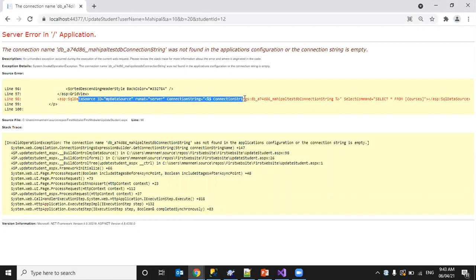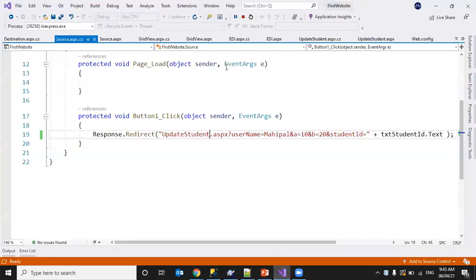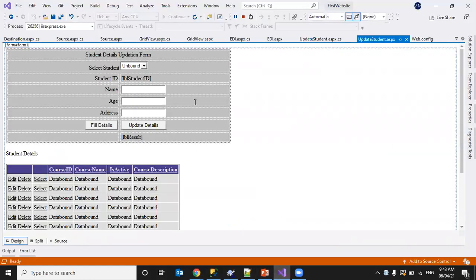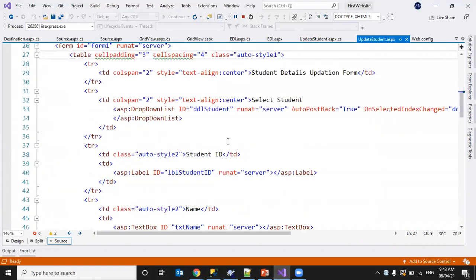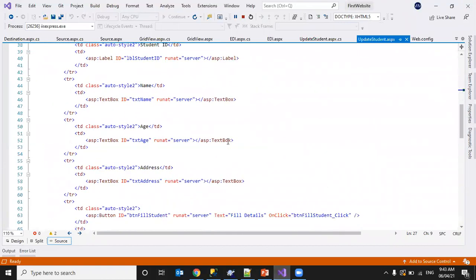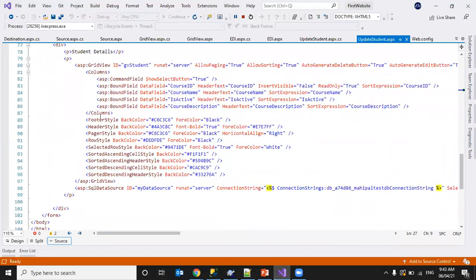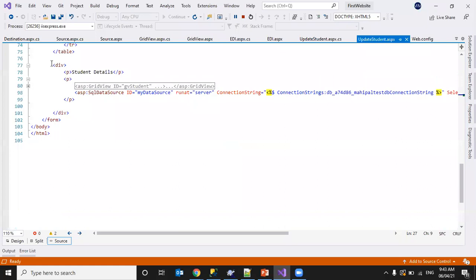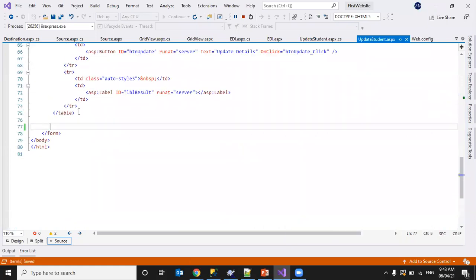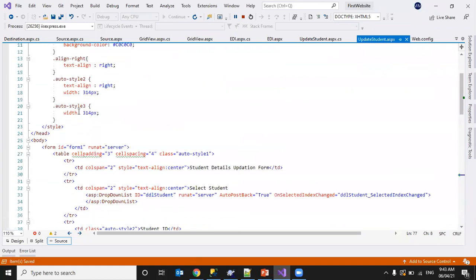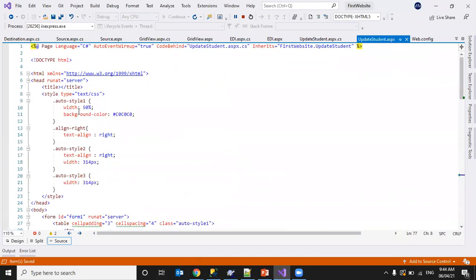Okay, so there are different other controls. The connection name was not found. I have to delete them. So better I'll go to the source and remove all the other text, which is not required here actually. Let me remove this. Do I have the extra information? All right, yeah.